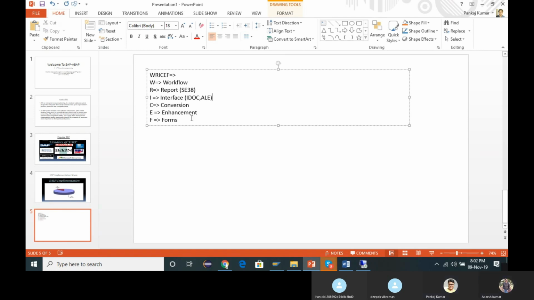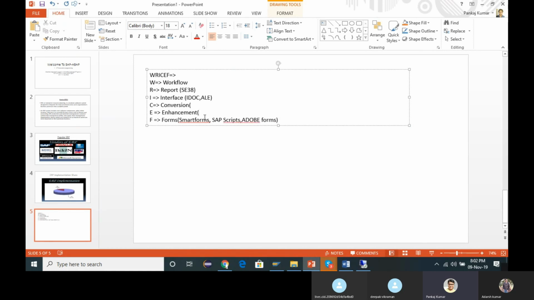Fine. Conversion, what is conversion? What is enhancement? Can you tell me? What are forms? Forms are smart forms, SAP scripts, and Adobe forms. All these things come under forms.